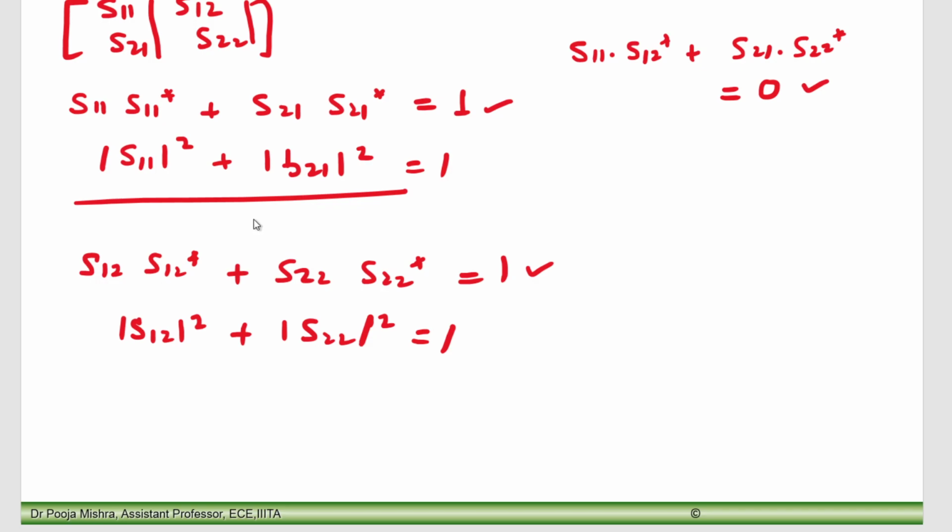And this should be done for all the columns. If a 3 by 3 matrix is there, you need to use this property for all 3 columns. The second property says the sum of products of elements of one column with the complex conjugates of the elements of another column will be equal to 0. The first column element multiplied by the conjugate in the second column, where the summation of these things will give you 0. So this is the unitary property of the scattering matrix that we have seen, for a network that is reciprocal.